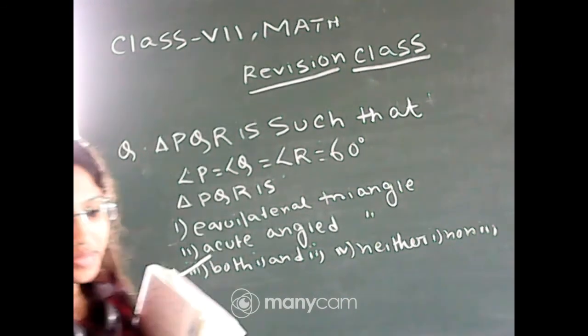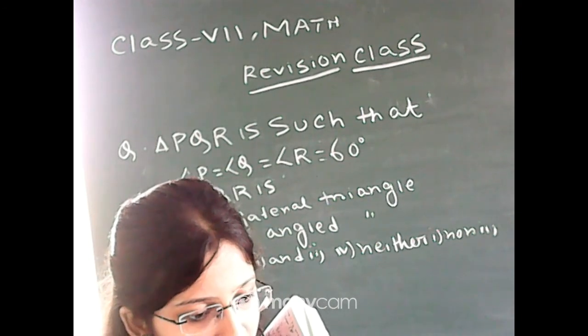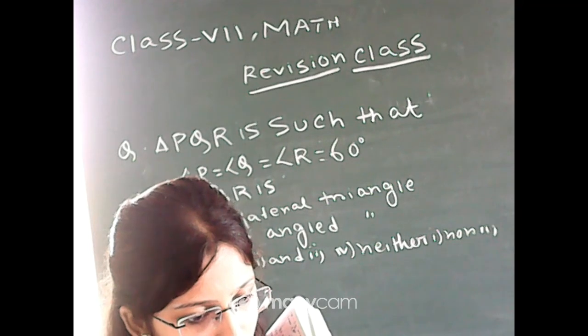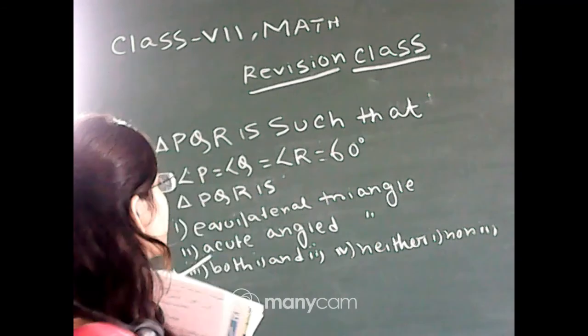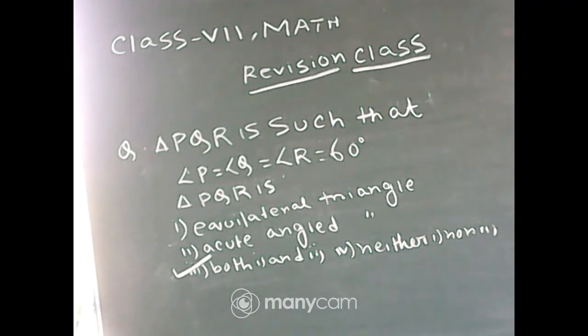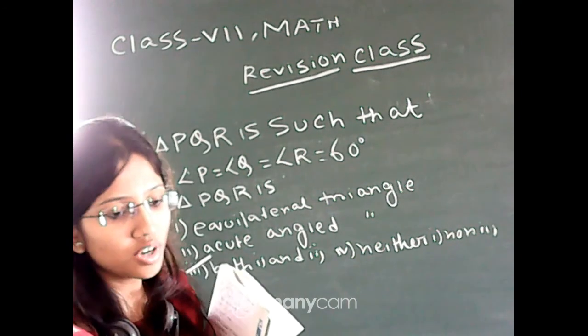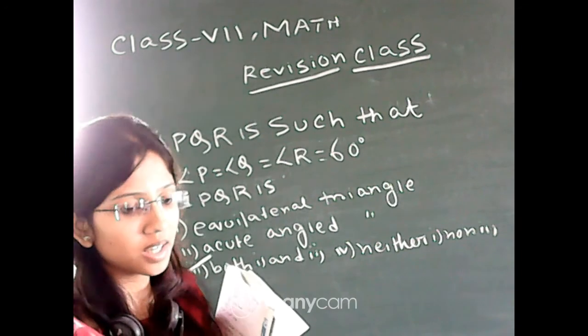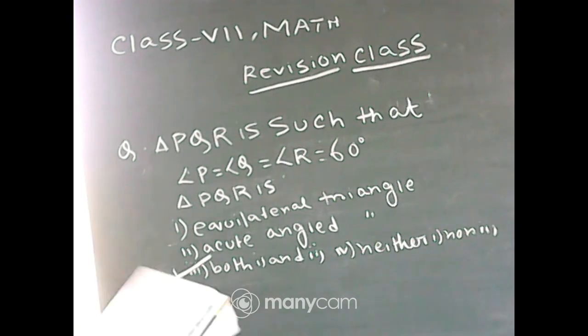Clear? So, option 3 is the correct answer, not option 1. Okay? Triangle PQR is an equilateral triangle and an acute angle triangle, because each angle is 60 degrees, which is less than 90 degrees. So it is also an acute angle triangle. Therefore, option 3 is the correct answer. Next question is